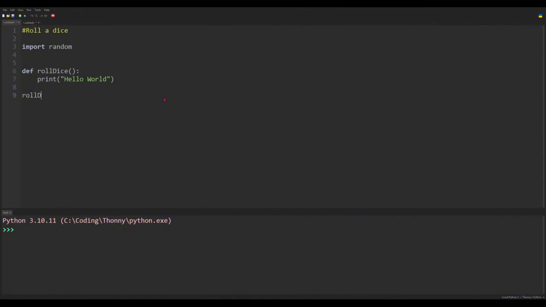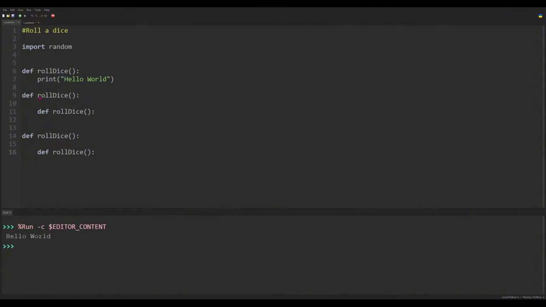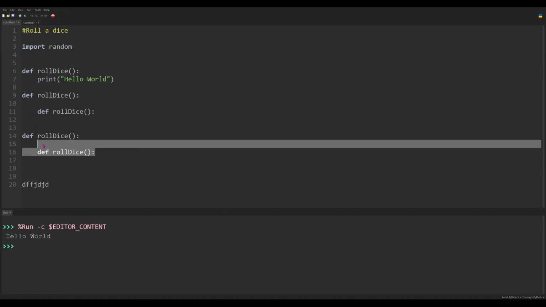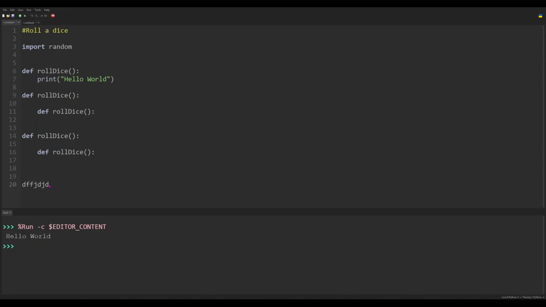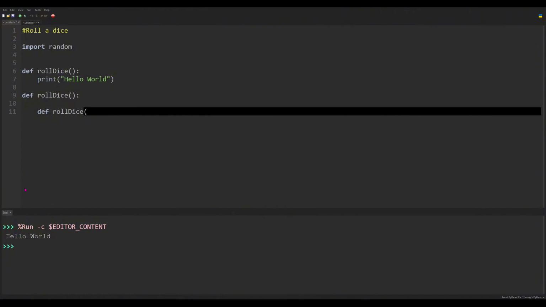roll dice, boom, because we've actually called it. And this is very useful for when I want to have more functions. So I'll have multiple, and then I'll have my main program down here where I'll type my main program, and I can just call these individual functions to make my main program look nicer and neater and less